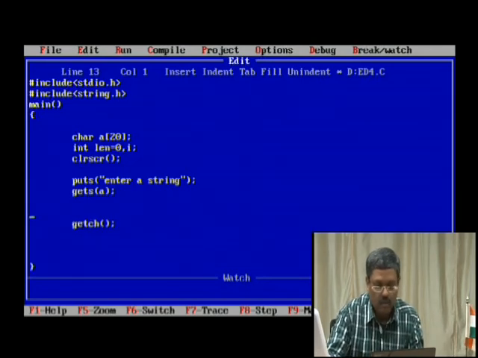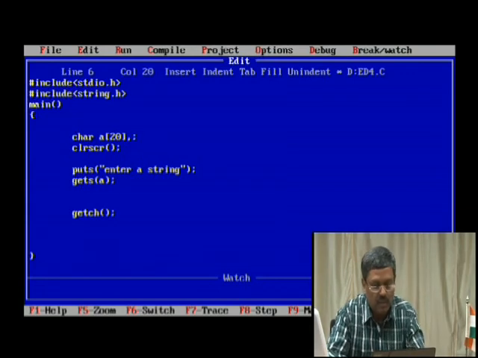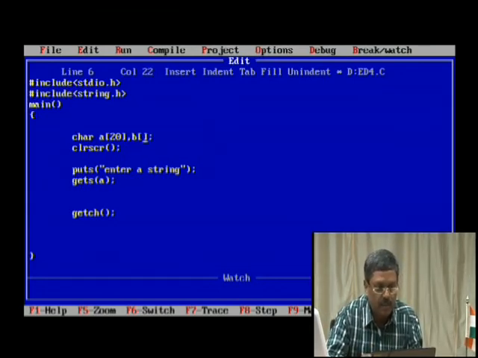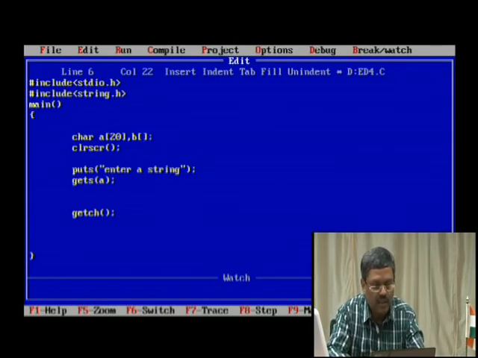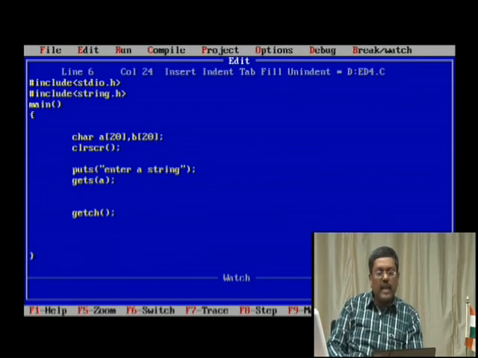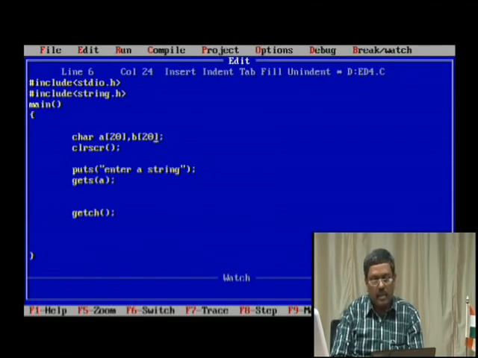Right. So do I need to copy all these things? I don't think it is necessary. What I need is two arrays, so comma, I say B. It's very simple. Let it always be simple, it does not matter how you name a particular variable. So we have two character arrays here, A and B, having 20 characters each. That means they are capable of storing 20 characters or 20 alphabets, anything for that matter.